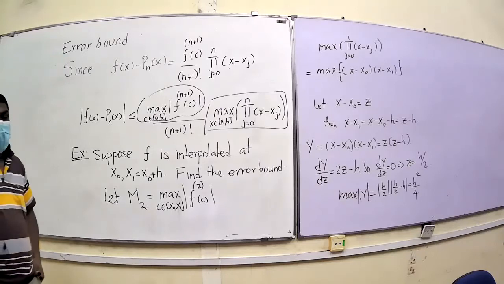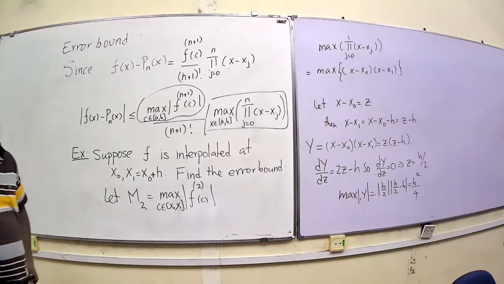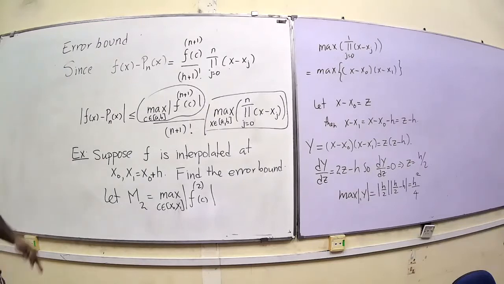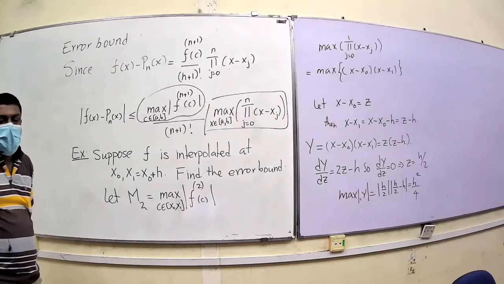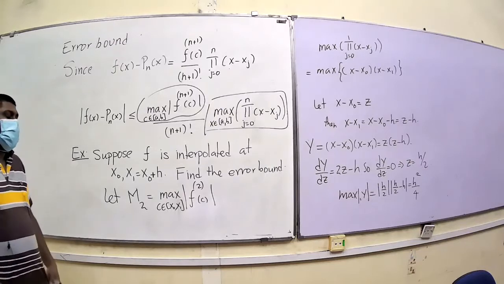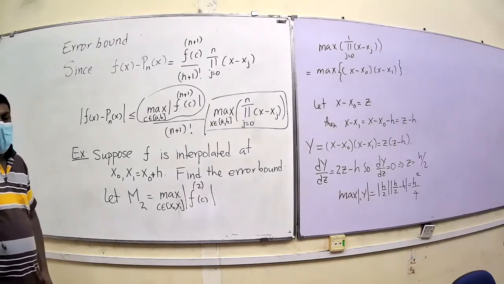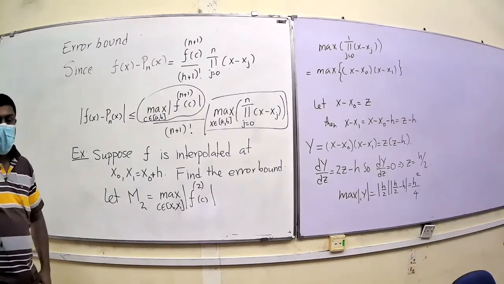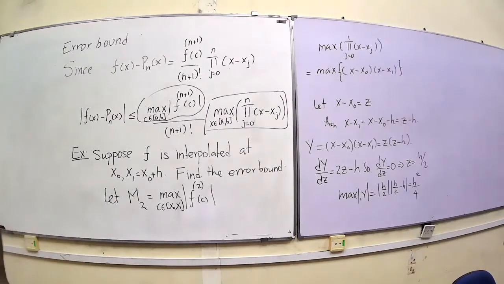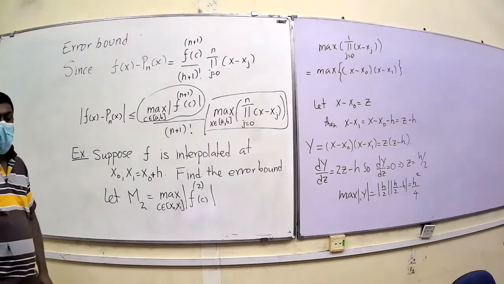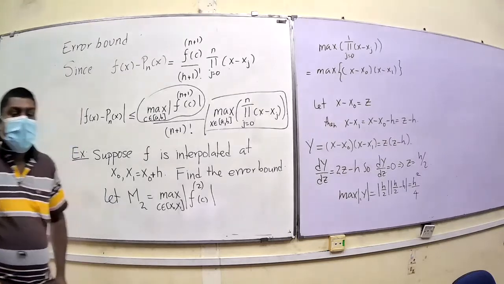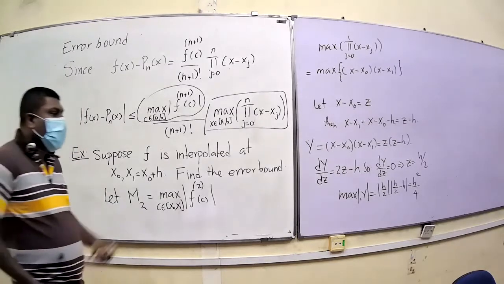Now, you are taking the absolute value, so you have to look for maximum or minimum, because when you take the absolute value, all of them become maximum. So you look for endpoints and the turning point. For the turning point, you take the derivative, set the derivative equal to 0 and solve for the variable. Those are the places where you get the turning points.